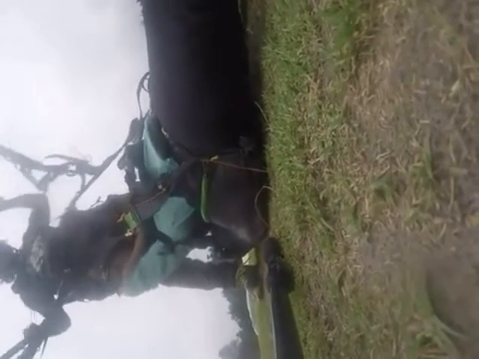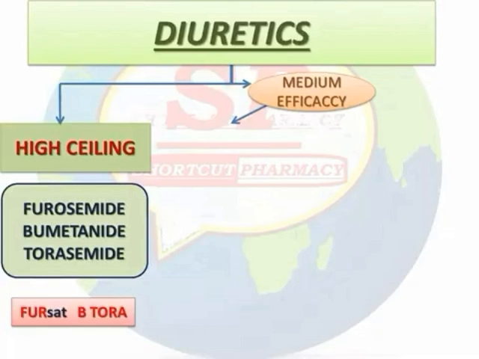Next we see some interactions with these diuretics. Interactions include those due to hypokalemia. Hypokalemia enhances digitalis toxicity by increasing the binding capacity of digitoxin with the sodium and potassium ATPase pump. It also increases the incidence of ventricular arrhythmias, that means torsades de pointes syndrome, which is an adverse effect or interaction of hypokalemia.